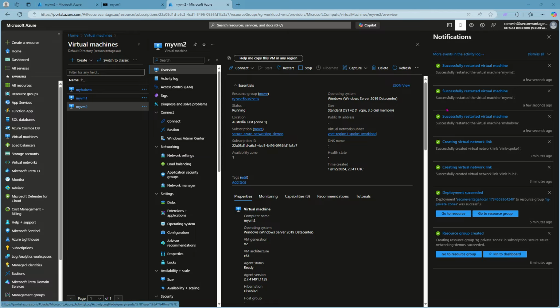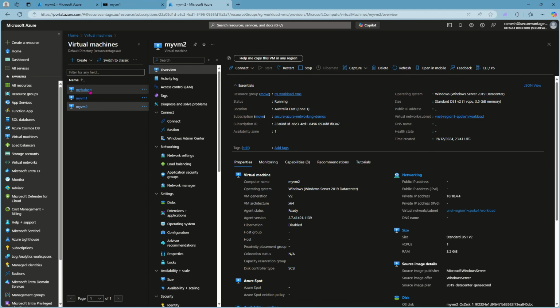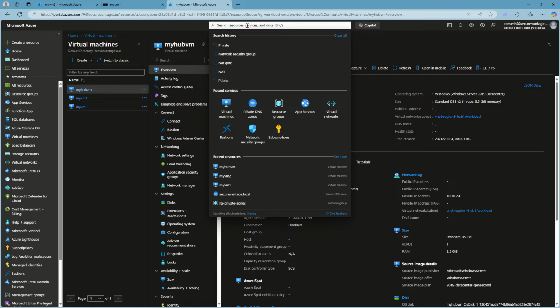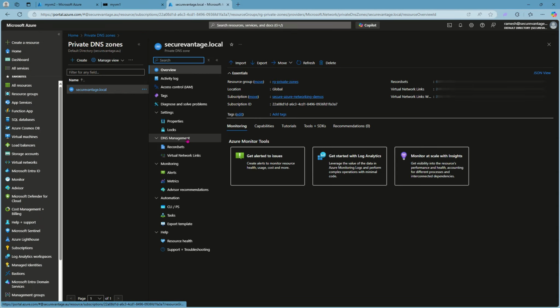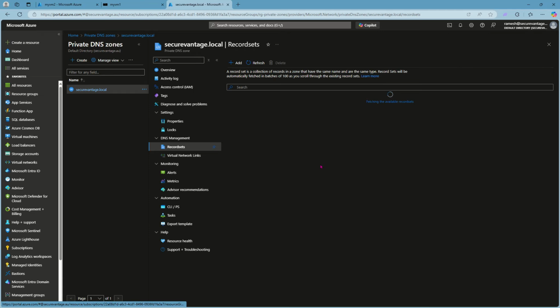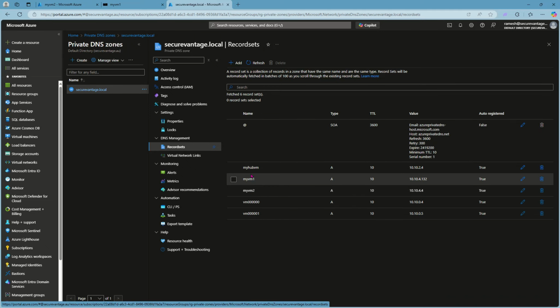And you can see that all the three machines are restarted now. If you remember, the last time when we tried to connect to my VM1 and my VM2, we were not in a position to log in using a DNS name, and that DNS name was the Azure provided DNS name. But right now, if we go back to the private zone and repair our private zone and the record set, our new DNS names for these VMs are going to be